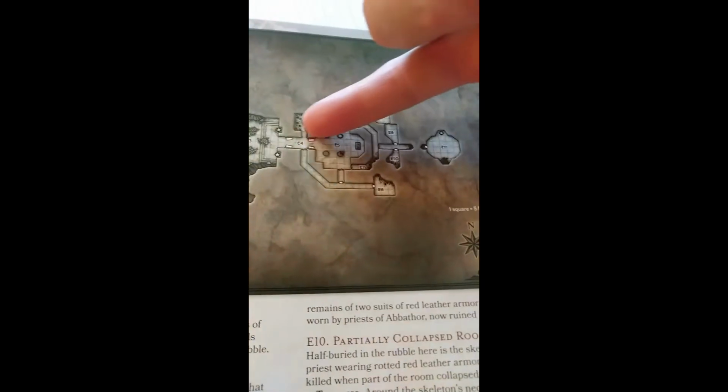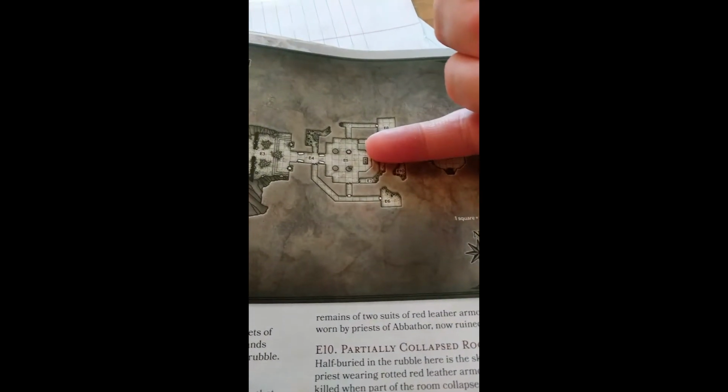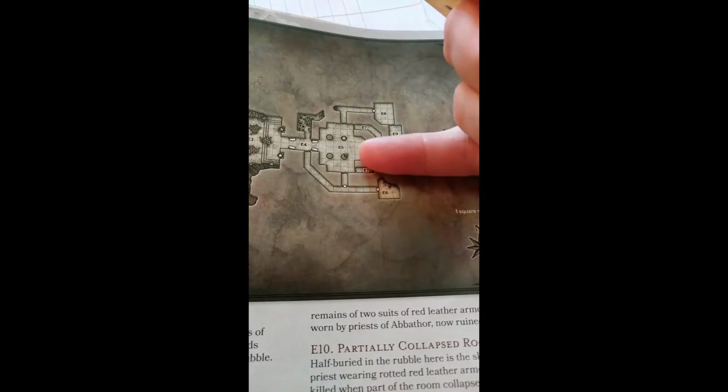You're going to come up into the shrine. This is where most of the action happens. This is where most everything is. Once you defeat what's in this room...